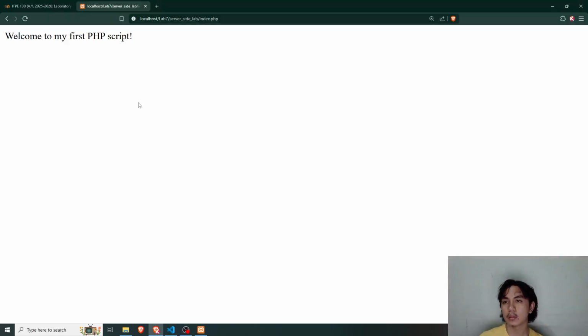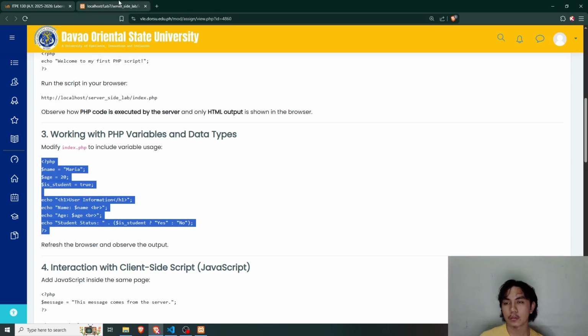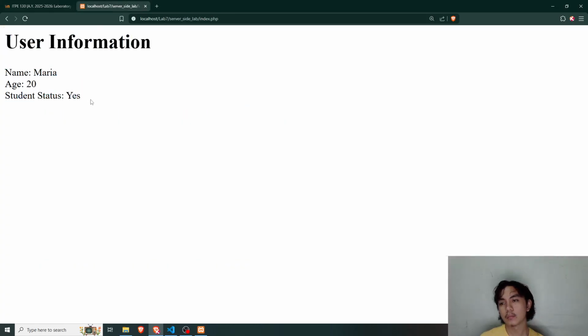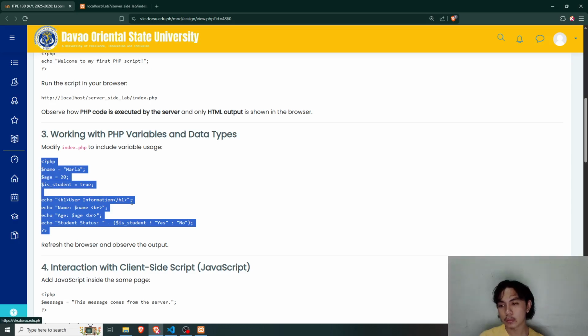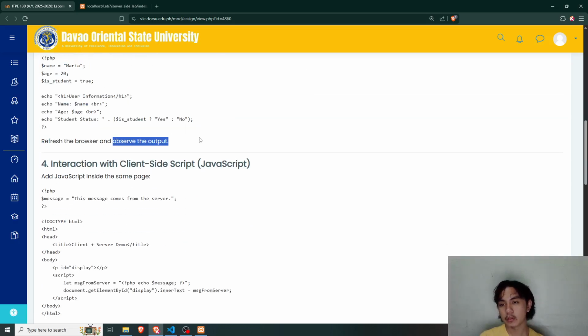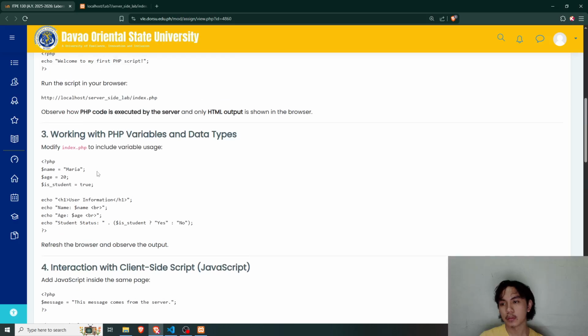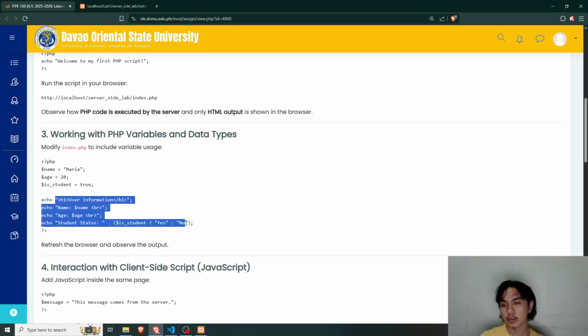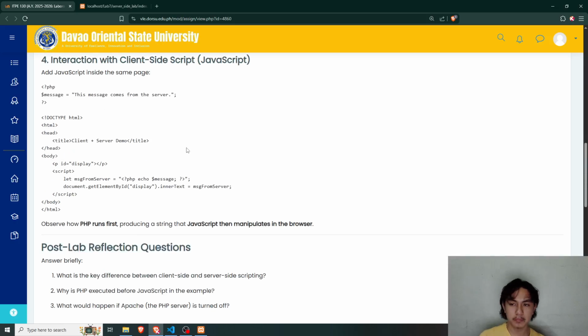Save, and then Control R. Our naked eye really can't observe in real time what's happening. Observe the output: it just displays the echoed information here.